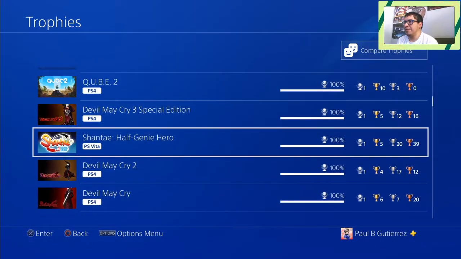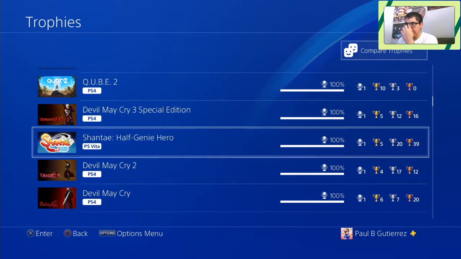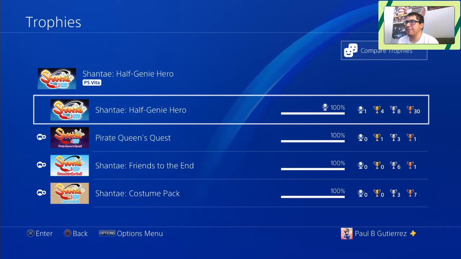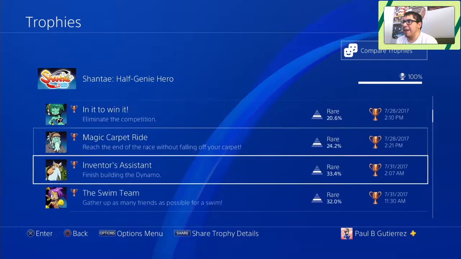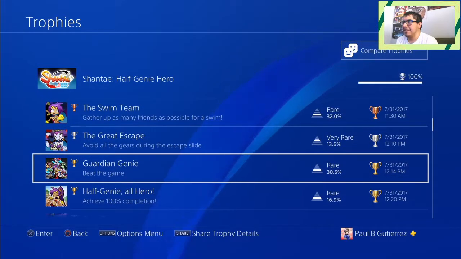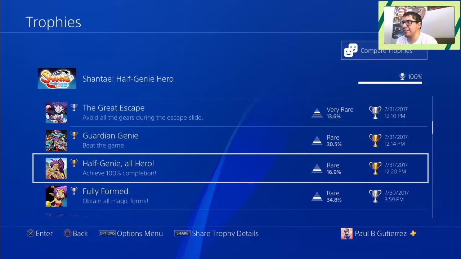And then, weirdly in between, I was finishing up Shantae: Half-Genie Hero, which I'd say was a pretty decent game. Even though I know there's a 5th game out there, I don't know if the 5th game is even out on consoles or anything. I know it's out on iOS, I think, or maybe Android, whatever. But Half-Genie Hero, beating the game, getting 100%,